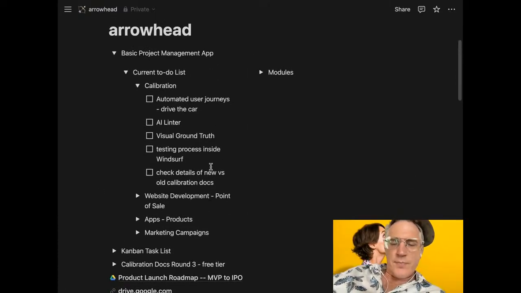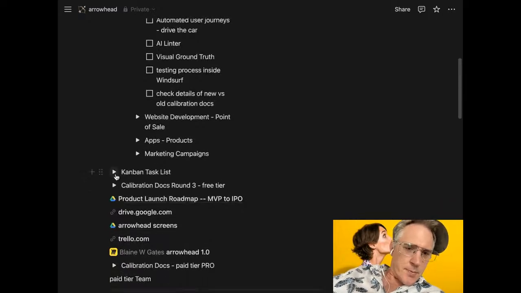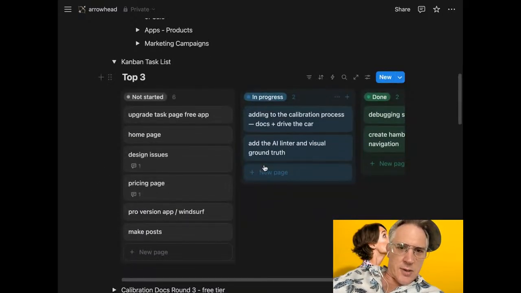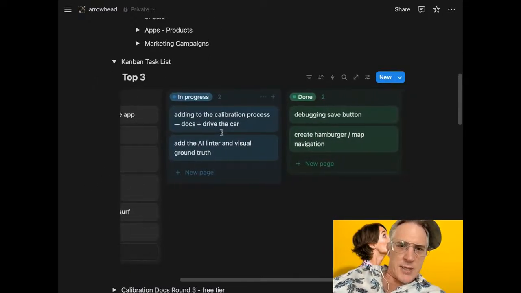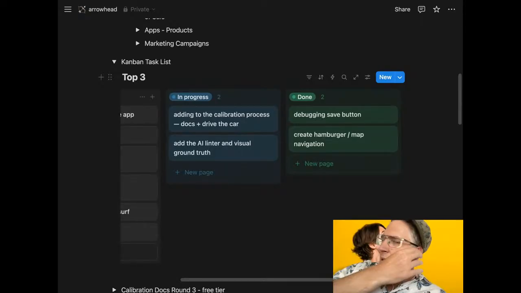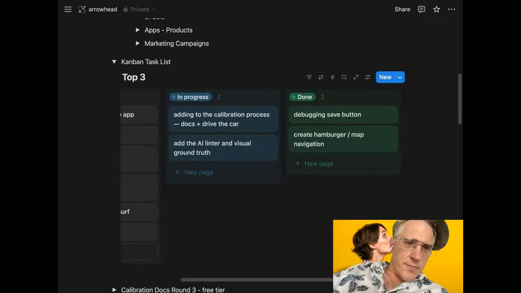Okay, anyways, what's the issue? So then inside of our little Kanban chart, what do we got in process? Adding to the calibration process, docs, drive the car, AI, linter, visual ground truth. All right. What does that actually mean? So basically what it means is inside of Windsurf,